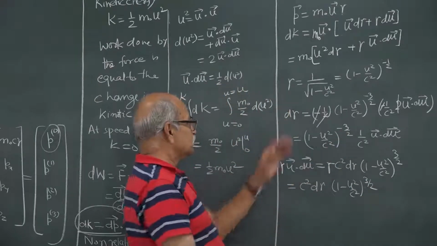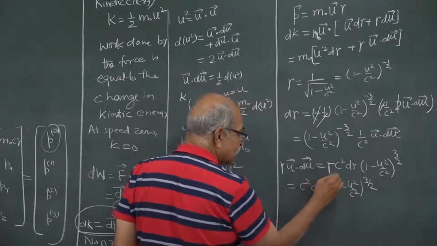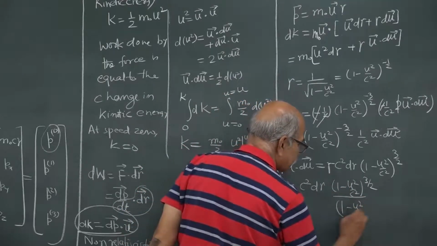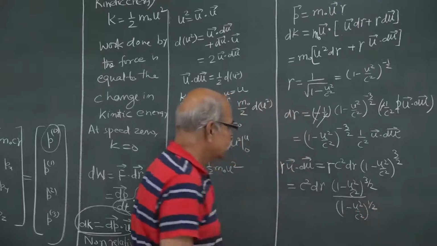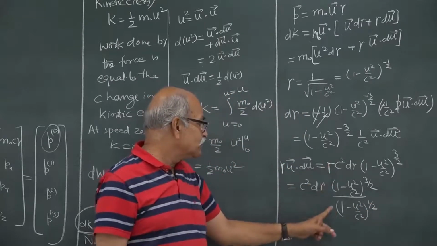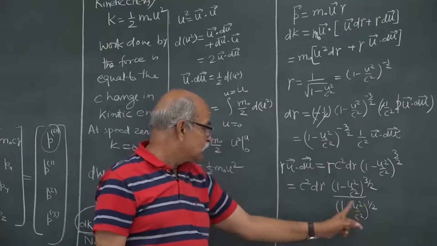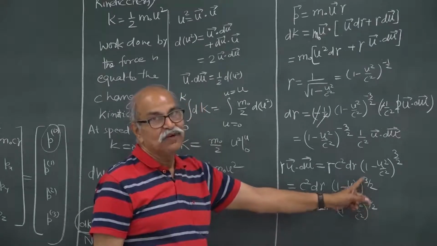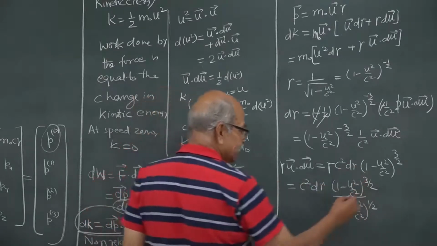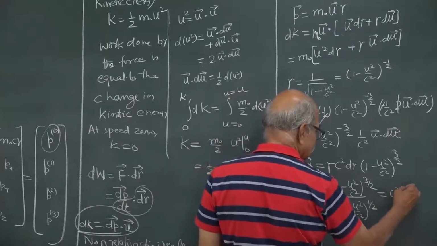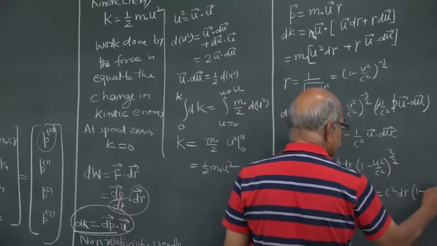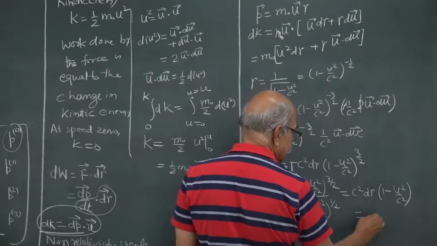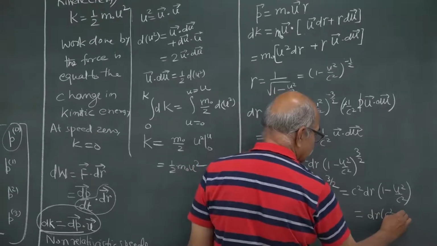And this gamma is 1 divided by square root of 1 minus u square by c square, so this half power and this 3 by 2 power, they will simplify. It is c square d gamma times (1 minus u square by c square). Take this c square inside, it is d gamma times (c square minus u square),